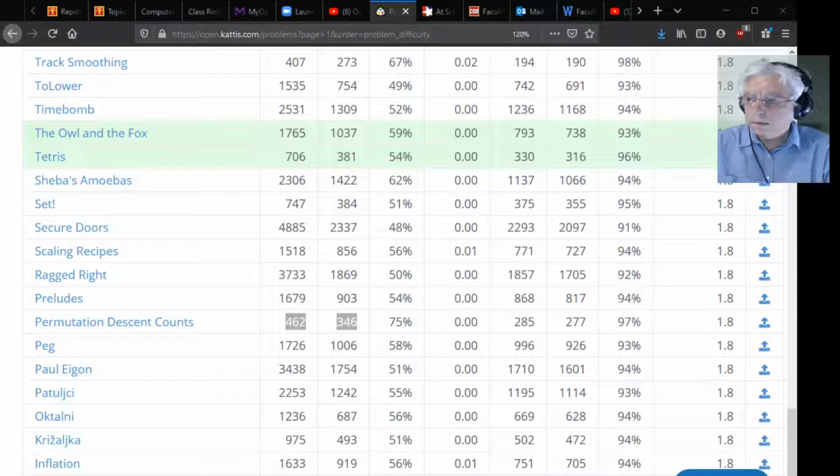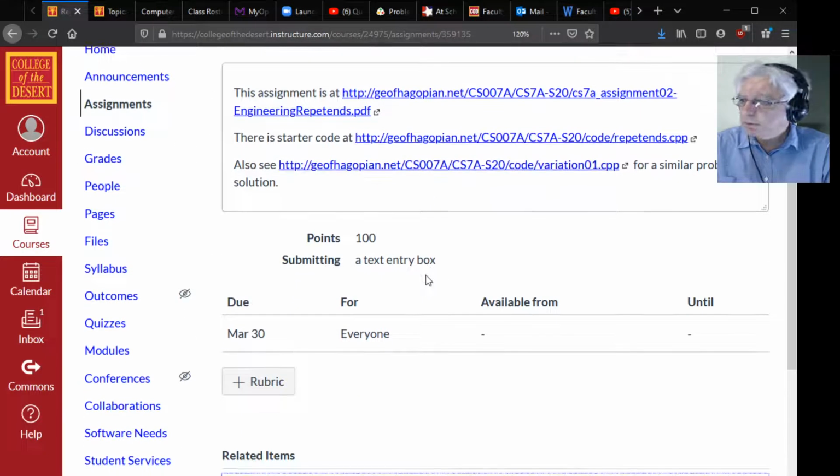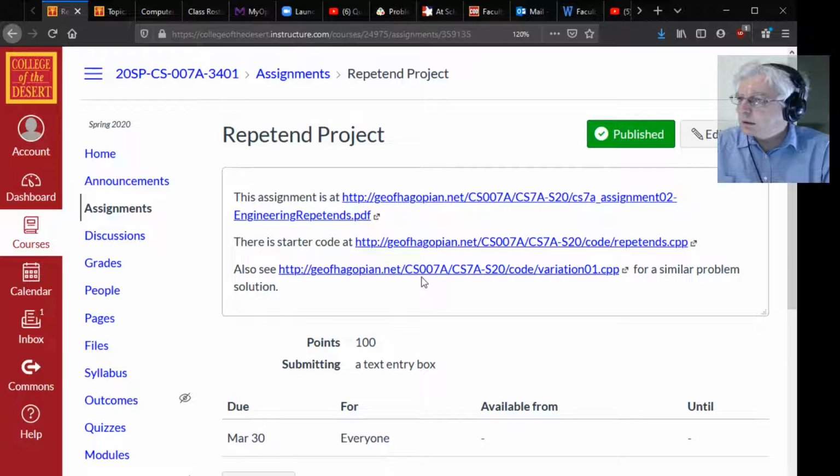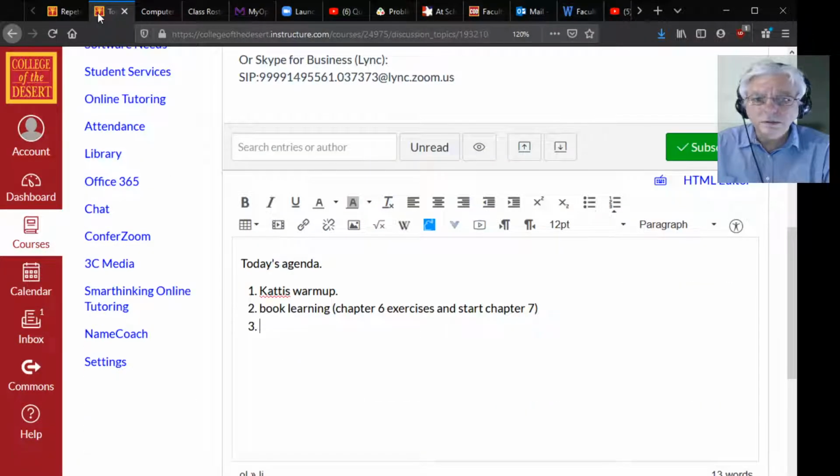Oh, wrong window. I want to go here and say, I think this is our window for the agenda. Wait, yeah. Oh, but that's a different window? Do I have more than one of these? I guess I do, huh? Okay. So far, all I've got is Kattis warm up and book learning, the calculator. All right. And for the Kattis warm up, we're looking at